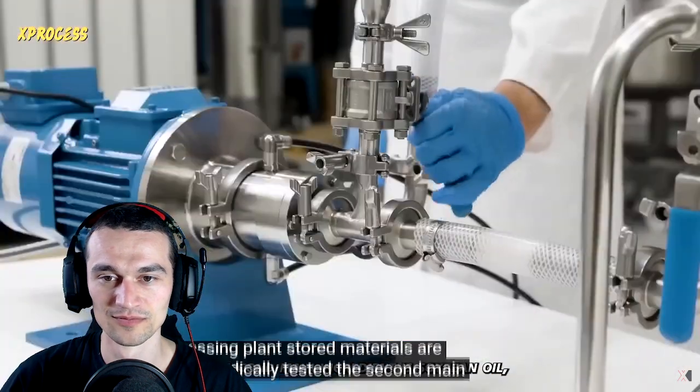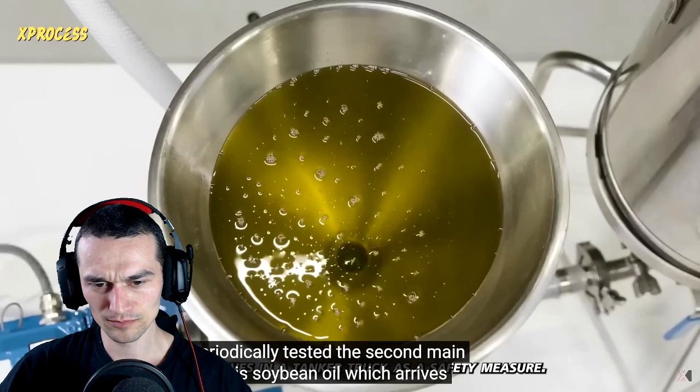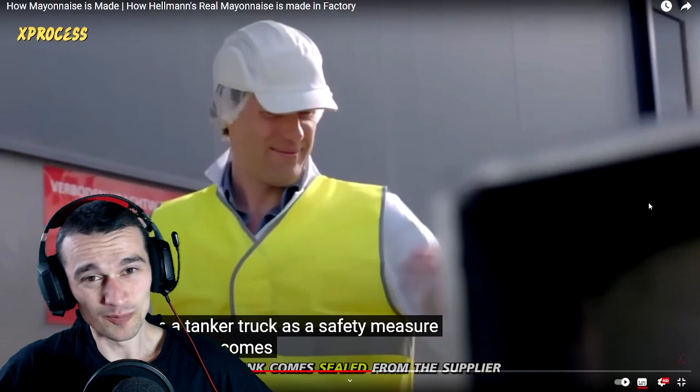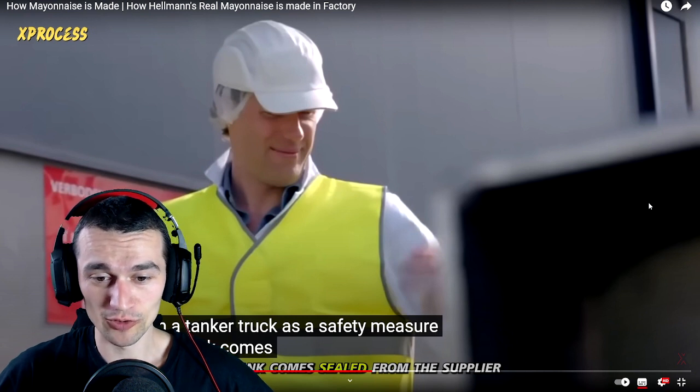The second main ingredient is soybean oil, which arrives in a tank. As a safety measure, the tank comes